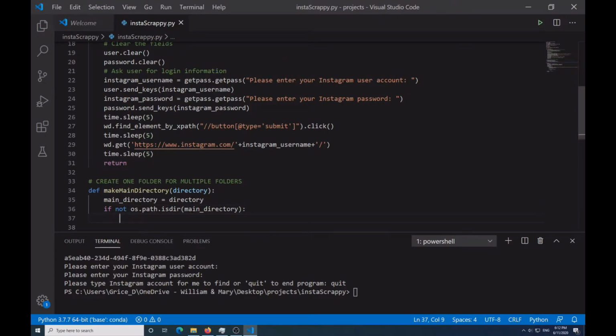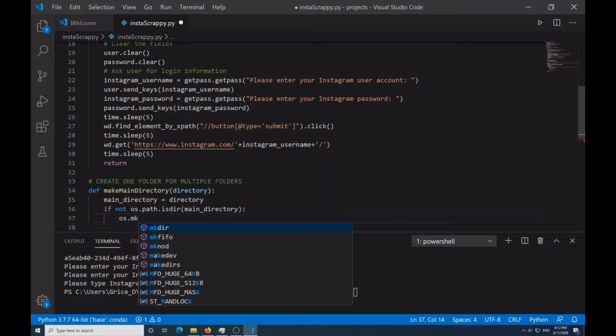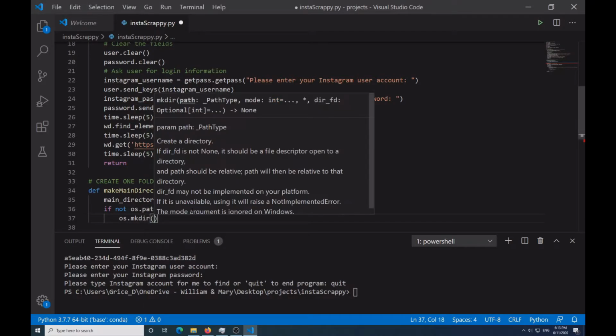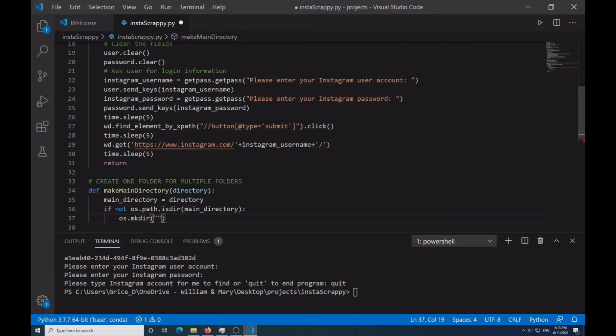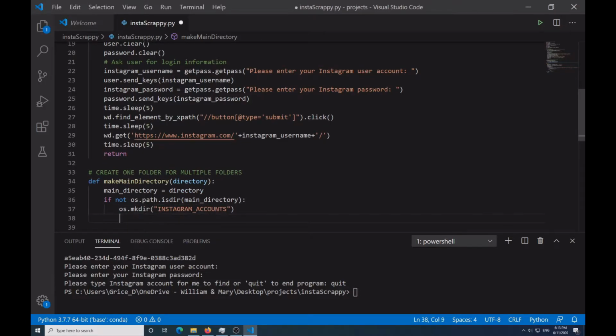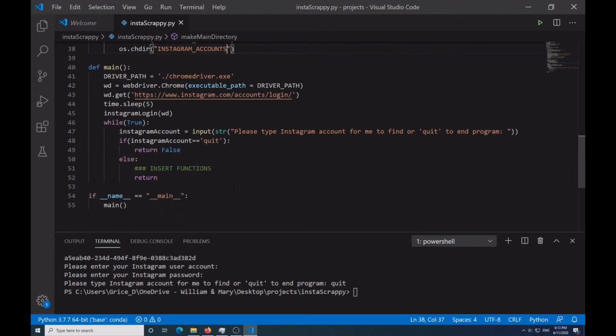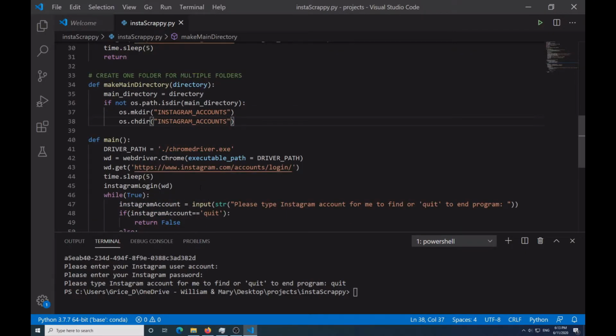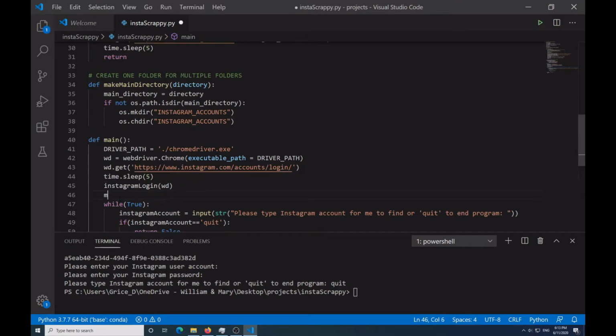I am going to say os.mkdir, and then I'm going to call it my personal folder, Instagram directory, Instagram accounts. And then I'm going to say os.chdir, and then Instagram accounts. Now in hindsight, what I can do instead of doing this, I can just say main